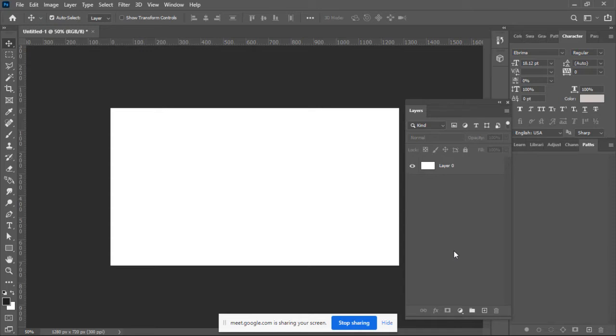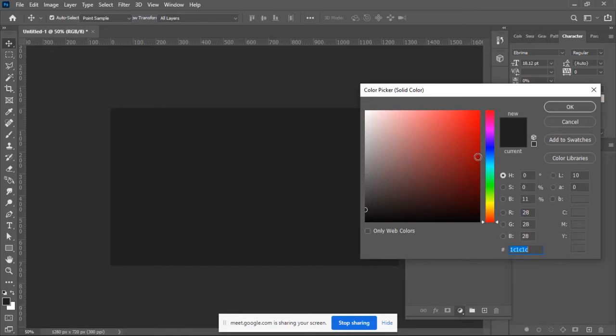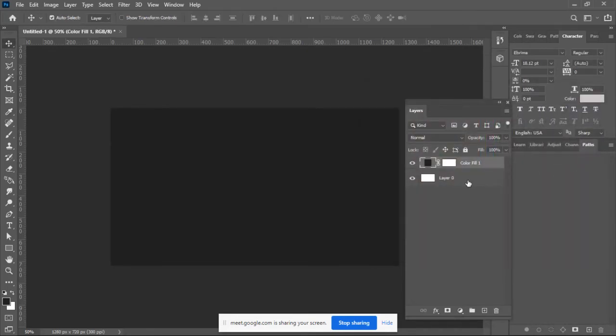Let's create a new fill or adjustment layer. From the bottom, you can see this option for create fill or adjustment layer. If you're not sure about a tool, just hover over it and Photoshop will give you a preview of the name and possibly what that tool does. Once we create this, we want to apply a solid color fill and hit OK. You can see that this color fill, we can use it as our background or to change the color of our background. You can do away with your background layer and use this as a background, so it will be editable. Let's group it by pressing Ctrl G